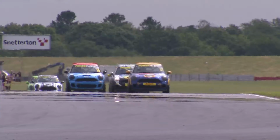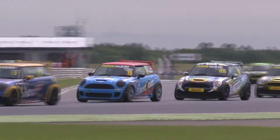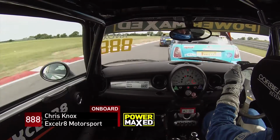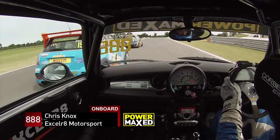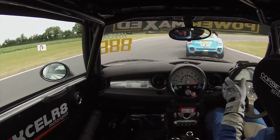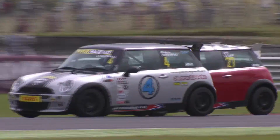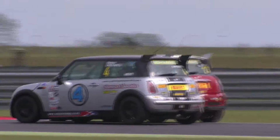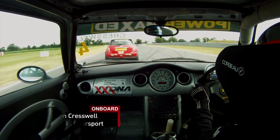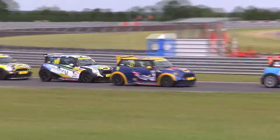Then a little bit of daylight back to Henry Dupree in 5th as Knox looks to the outside of Lawrence Davey into Riches. Still trying to find that outside traction, then jinks to the inside line of Davey. And Knox very keen to go through. The gap though somewhat disappears. It's Gideon Cresswell. Josh Gollin looking to switch places through Riches. A little bit of a lean there possibly from Josh Gollin on Gideon Cresswell. The effect is that they're all